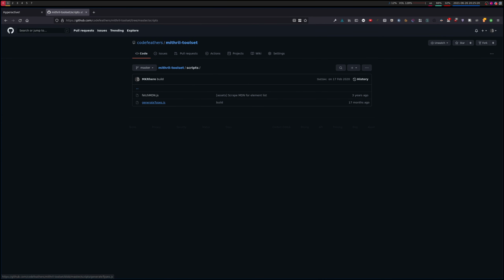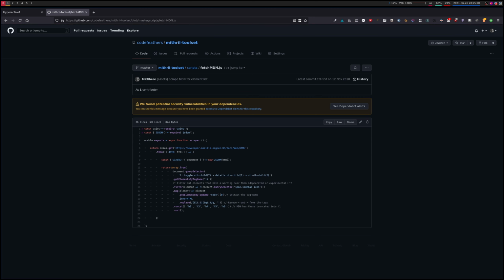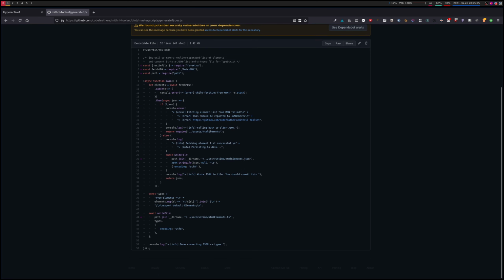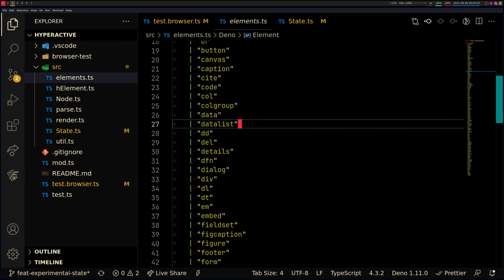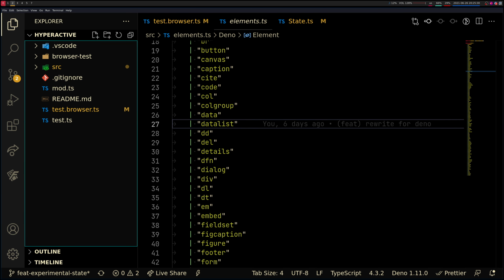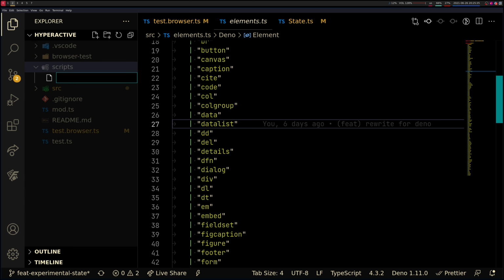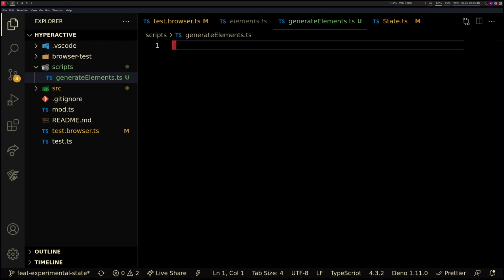Look at scripts, fetch MDN and generate types. Right now we want to do it without having to parse MDN. So generate elements.ts. We want to start by